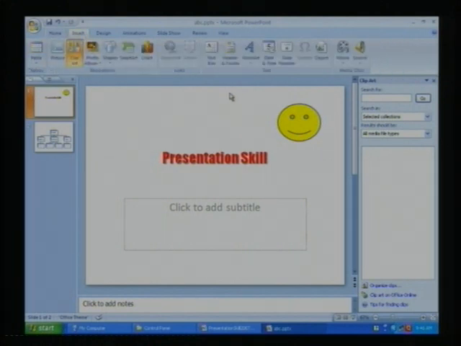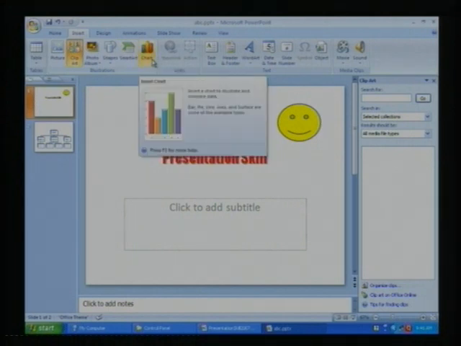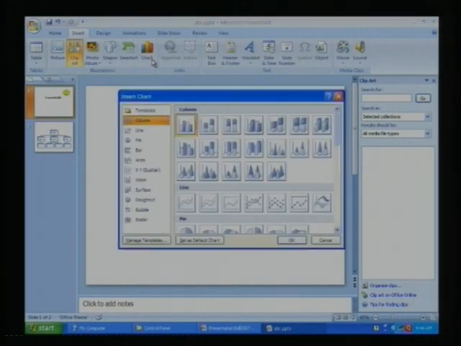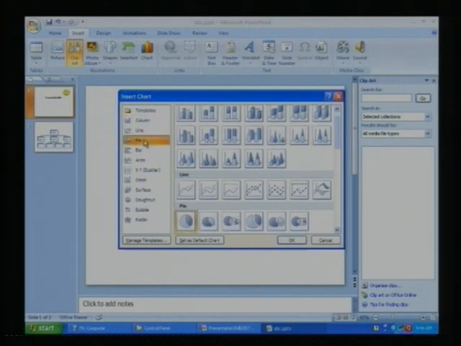In the Insert tab, if you require an additional textual content, you can use a text box. If you want to insert a chart, you can do so using the chart tool. Simply select the appropriate kind of chart you want to put down. Assume that I am selecting this chart. There are categories of charts available at this location. Assume that I am selecting a pie chart. Then in the pie chart, these are the subcategories. I am selecting this subcategory.